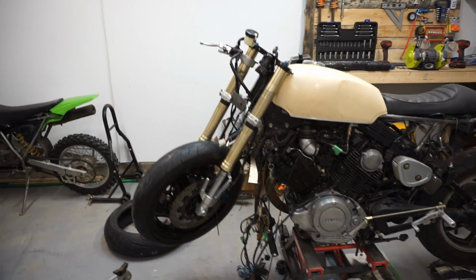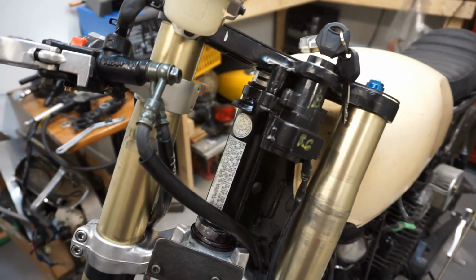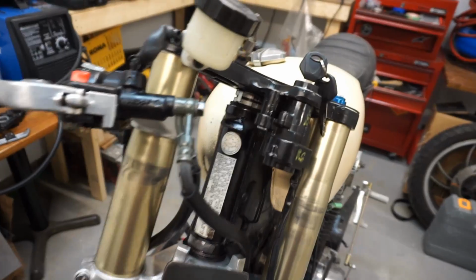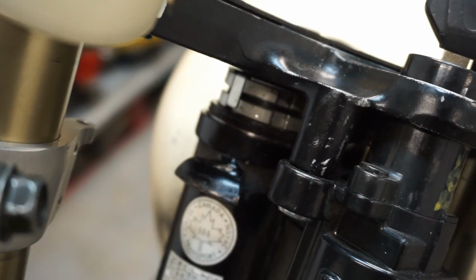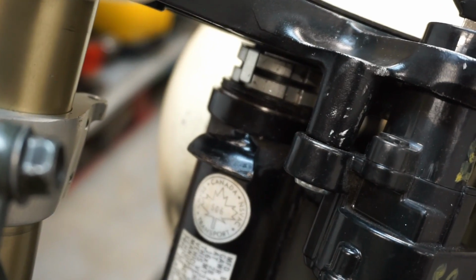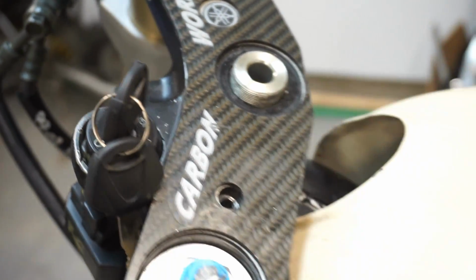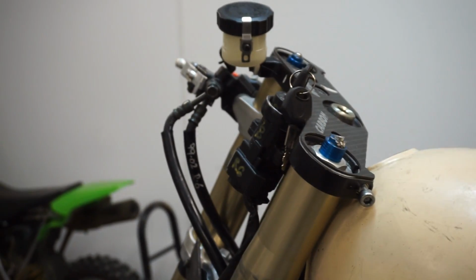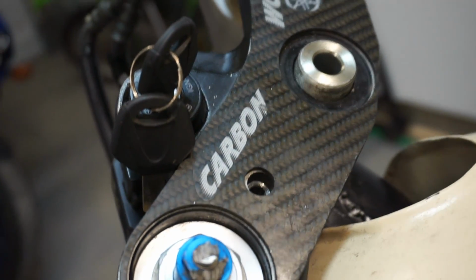Okay, I think I have a bit of a problem. So this is on now, but the spanner nuts, sorry, I don't remember if they go under the triple, the top triple, or if they go on top and it's supposed to fit here. I think they fit here. Let me just check my other bike real quick. Okay, so this is definitely how it's supposed to go,